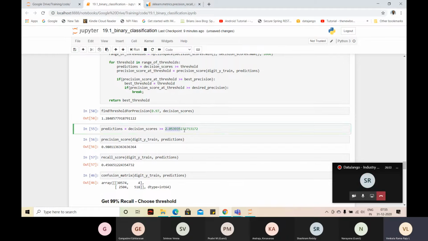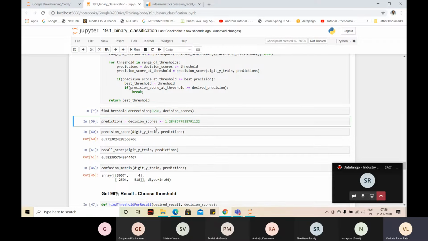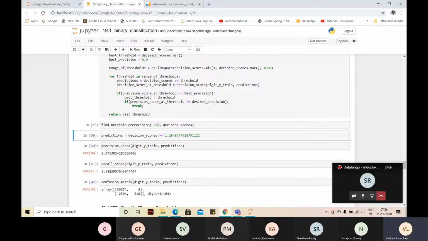On the existing positive records, how many are being predicted correctly? So it improved even more. So recall should also be high along with precision. So you need to have a balance there in finding the best threshold